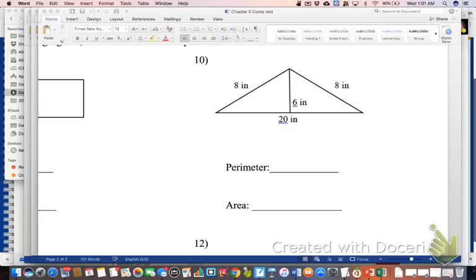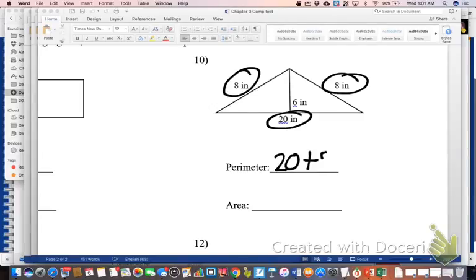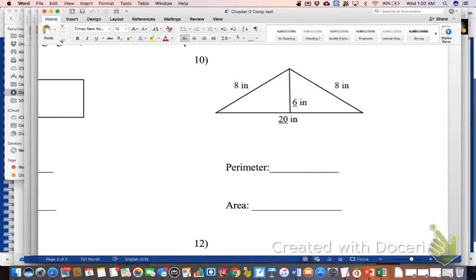For number 10, I'm going to find the perimeter. So I've got 8 plus 8 plus 20, which is equal to 36. This 6 right there inside, that is not part of the perimeter. This is just showing you how tall the triangle is. Remember that the perimeter is only the outside of the shape. So that is why I just add,